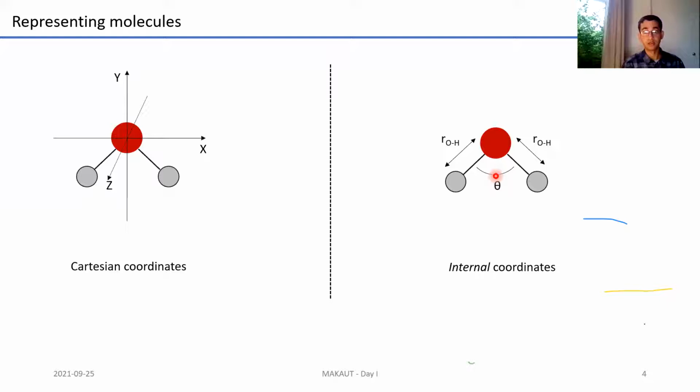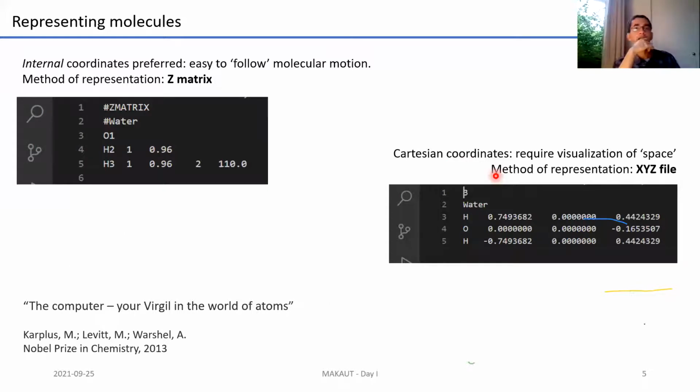And once you know how to represent this, you need to feed it to a computer, because a computer will help you visualize molecular motion. So how do you feed it to a computer? There are two ways of doing this. For those of you who are doing computational chemistry courses, this is a fairly simple thing to do. There's something known as a Z matrix, which you can design for a molecule. It essentially consists of the atom centers, the bond lengths, and the bond angles. There's a fixed way of putting this together.